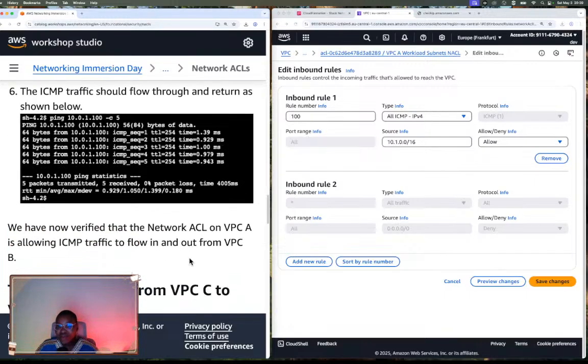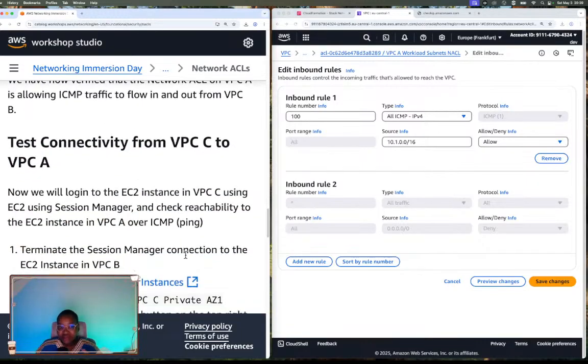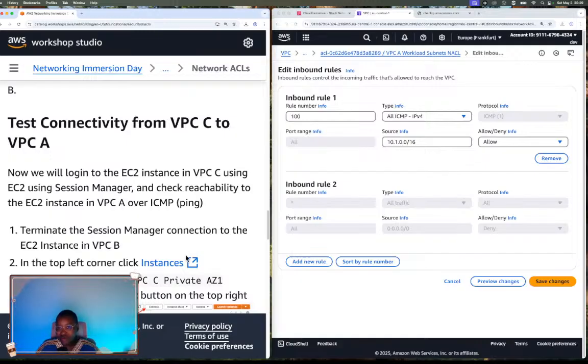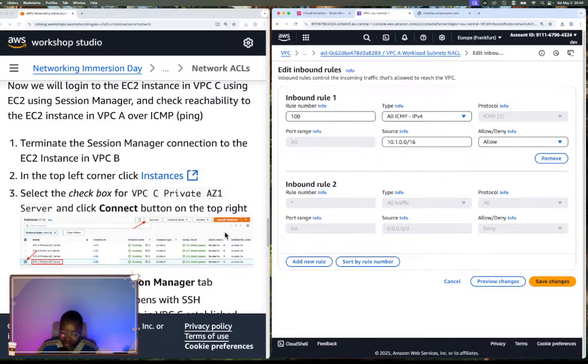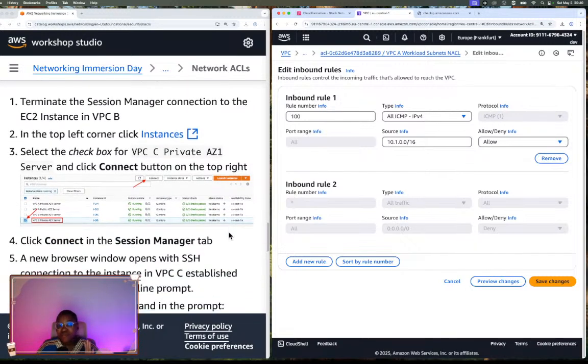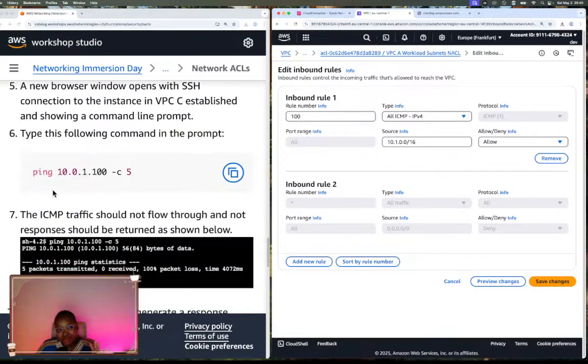Now that shows that your rule in your network access control list is giving you the results that you want. But when you test this exact same thing from your instance in your VPC-C environment, remember that we did not allow any rule for VPC-C to access our VPC-A. If you try this same test to launch your instance in VPC-C and put that command,